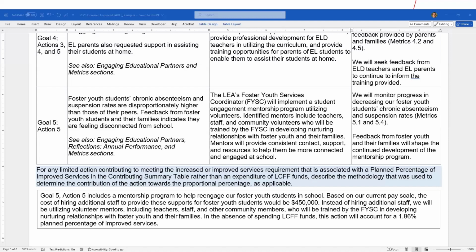And I will tell you, the instructions to the LCAP template break this down beautifully. Kudos to Josh. It is very, very nice. And our LCAP development resources also break it down very beautifully. So you have multiple places that you can look to get a refresher of what I just explained in terms of calculations. Okay, I think that's it.